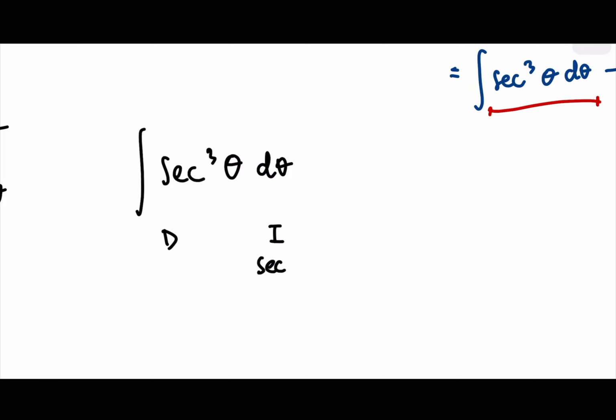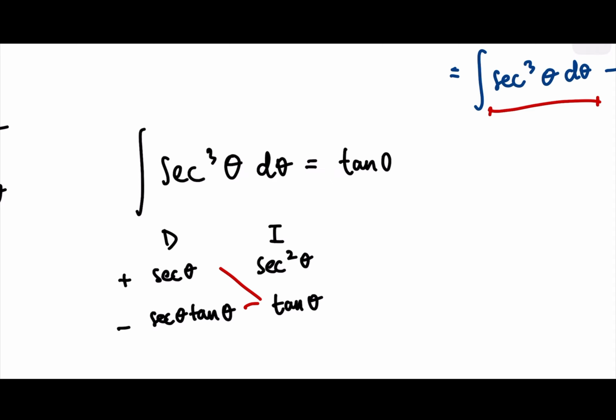I think we can have secant squared here and secant theta here. We differentiate, it becomes secant theta tangent theta. If we integrate this, this will be tangent theta. Let's stop this and write down the formulations. So this will be tangent theta secant theta